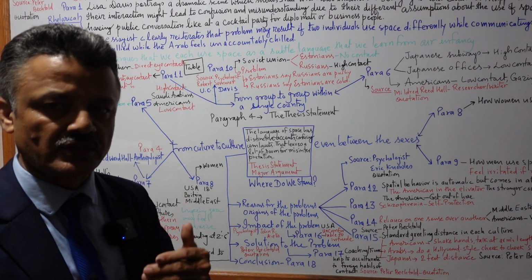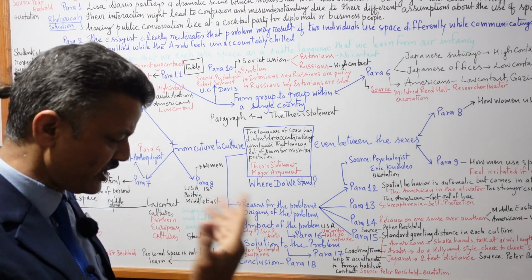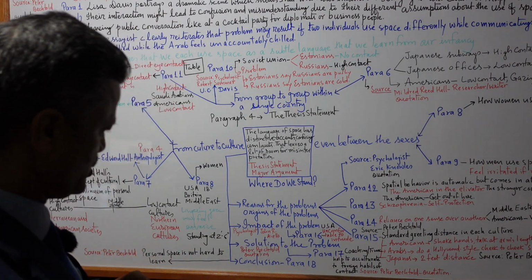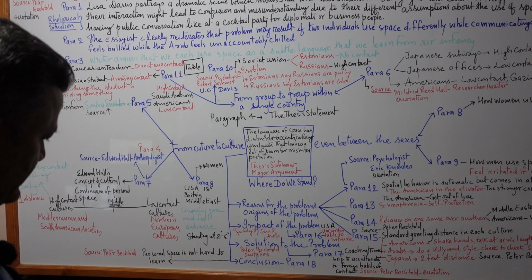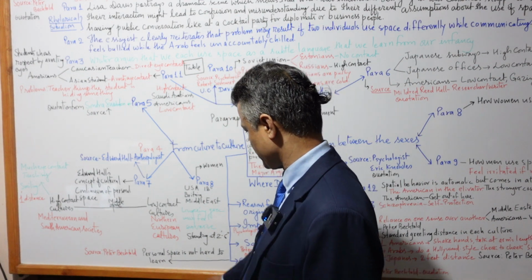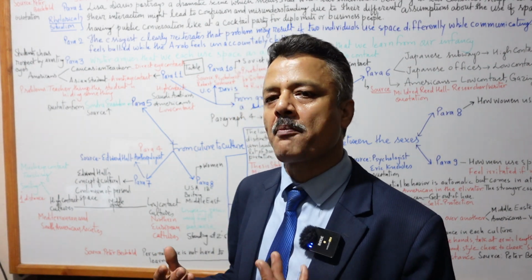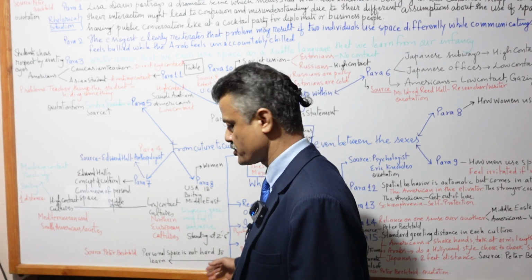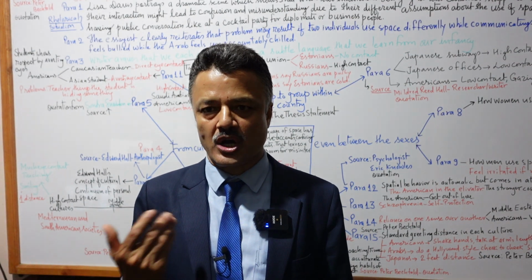So she ends the essay with a positive note that we can overcome these problems if we train people, if we coach people, and if we give them time to be habituated. Then we have the last paragraph, paragraph 18, the conclusion, where Lisa Davis ends her essay by saying that personal space is not hard to learn. So you can see the essay ends on a very optimistic note, saying that it's not difficult to learn personal space use. The only thing is that we need coaching and we need time to